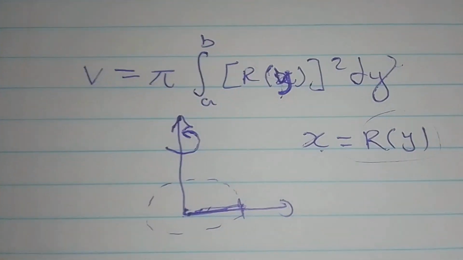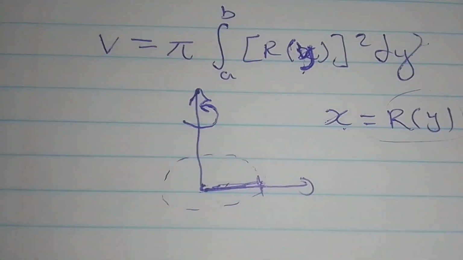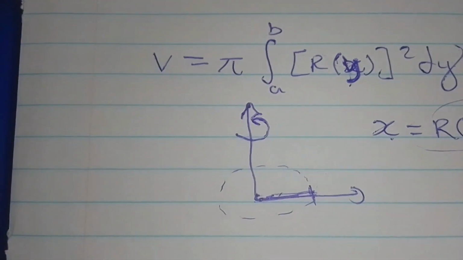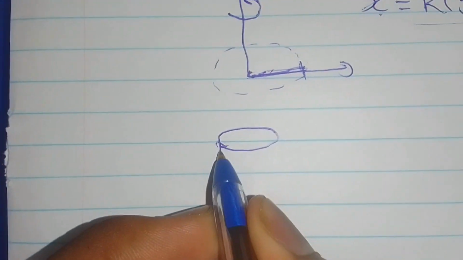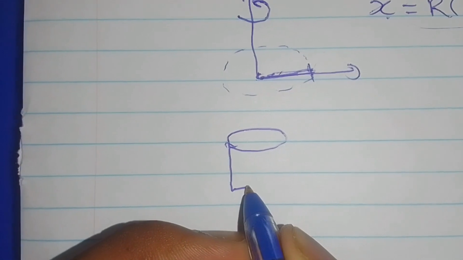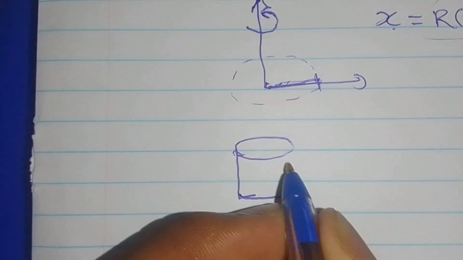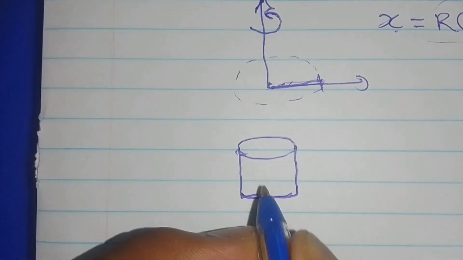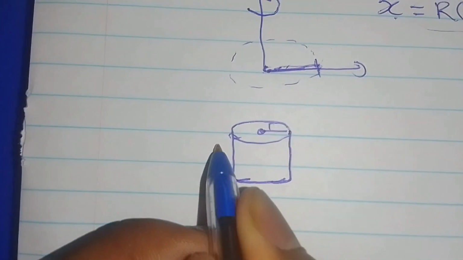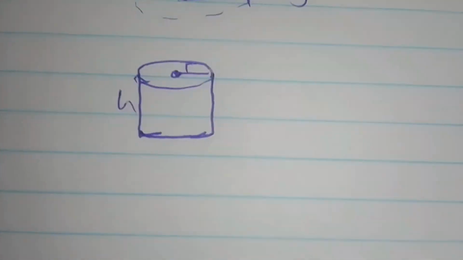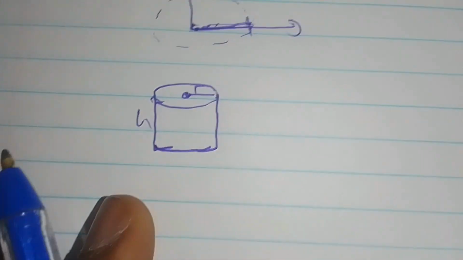So now I'm just gonna do a quick derivation. Let's start with a cylinder, something like this. Let's start with deriving the volume of something like this. A cylinder with radius r and height h. So what you're gonna do here is that you're gonna